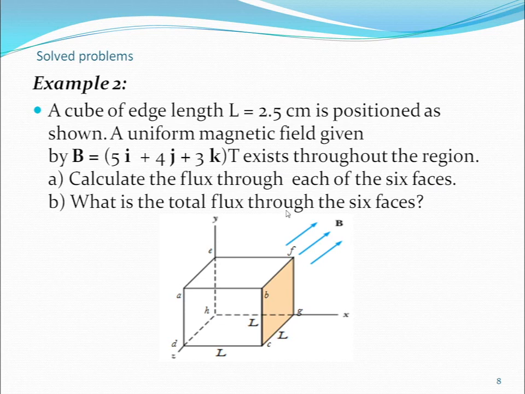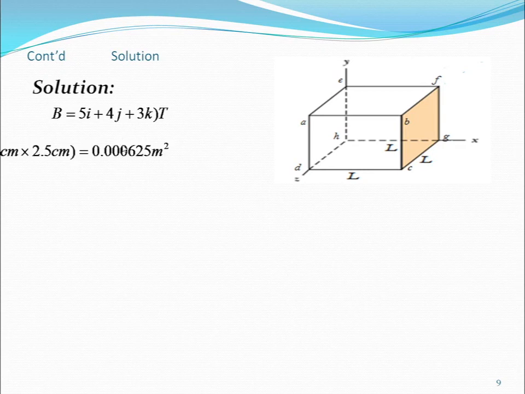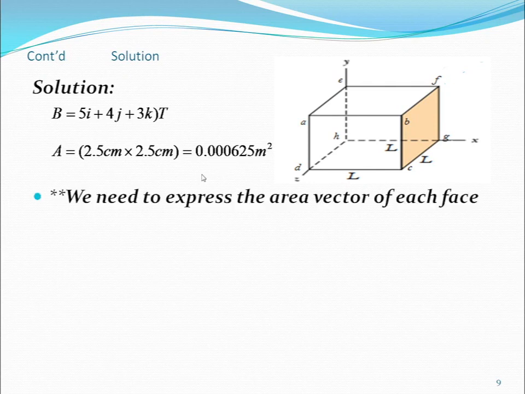ተራ በተራ ለማየት እንሞክር። ማግኔቲክ ፊልዱ ዩኒፎርም መሆኑን ልብ ብላችሁ ተመልከቱ። 5 is just a number, 4 is a number, 3 is a number, ምንም ሌላ ነገር ላይ ዲፔንደንት በታይም ቫሪ ያደርጉም ወይም with displacement ቫሪ ያደርጉም፣ ኮንስታንት ማግኔቲክ ፊልድ ነው ያለው ማለት ነው። We are given the B as this one and area as we have said 2.5 by 2.5, 0.000625 meter squared area ያለው ማለት ነው።